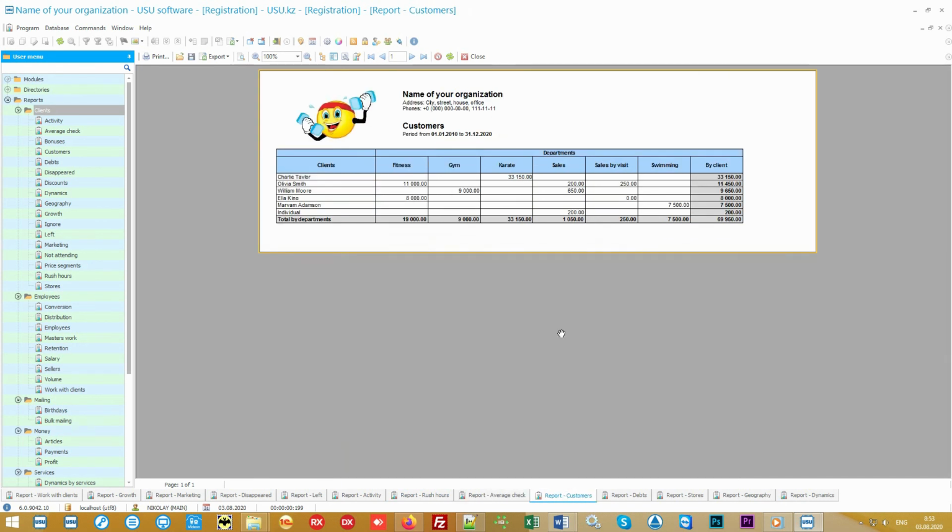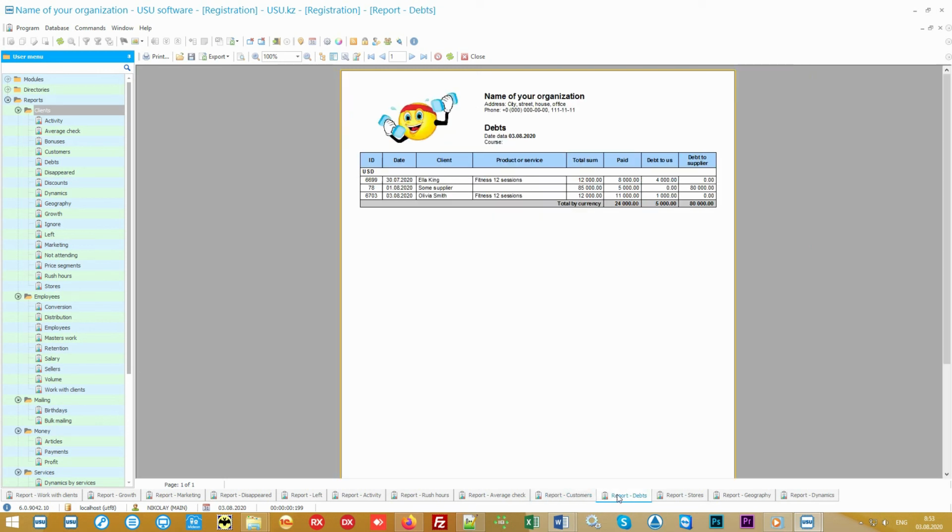But in any mass of ordinary customers, there are those who stand out from the crowd, who are willing to spend more, but also require increased attention. You can easily identify these most promising customers by creating a rating report. At the top of the rating will be those who spend the most money on you, and the lower the rating, the less interested the customers are. In addition to everything, you will be able, if necessary, to create a register of debtors.